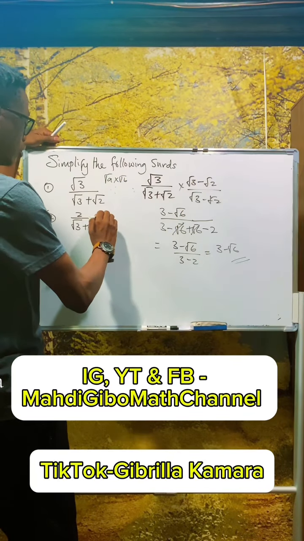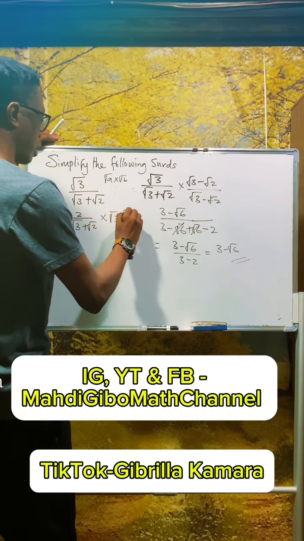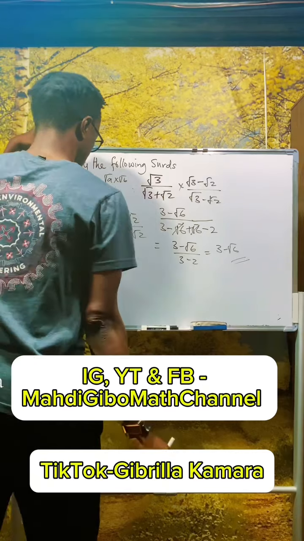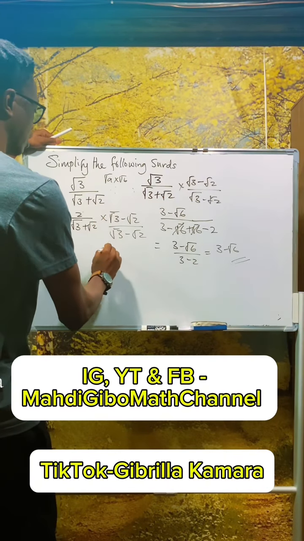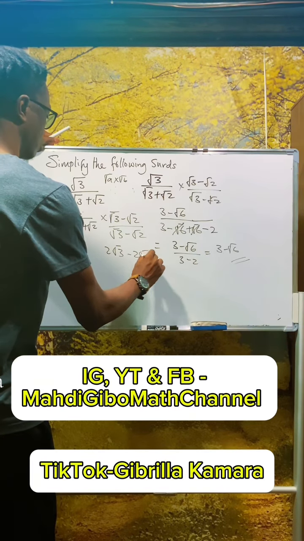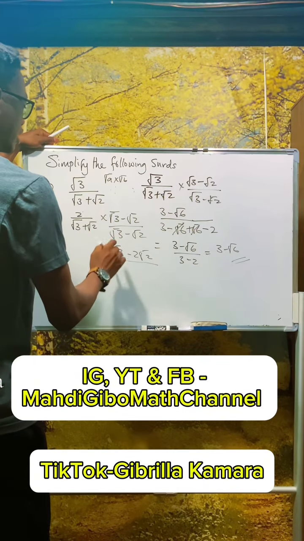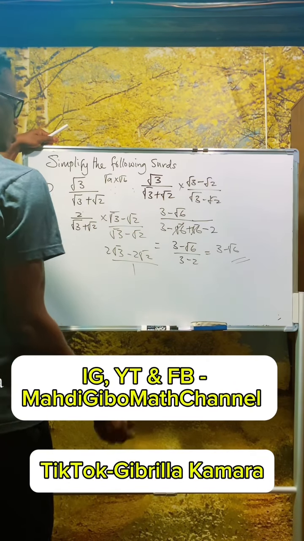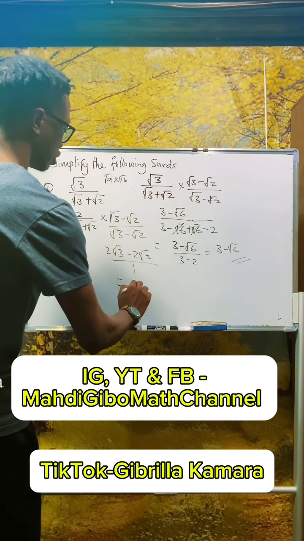Again, you multiply here by root 3 minus root 2, root 3 minus root 2. Right? And you multiply this by this, which gives you 2 root 3, minus this and this, which gives you 2 root 2, divided by, here again, the denominator, which is just the same as this. So your answer here is definitely going to be 1. So your total answer here becomes